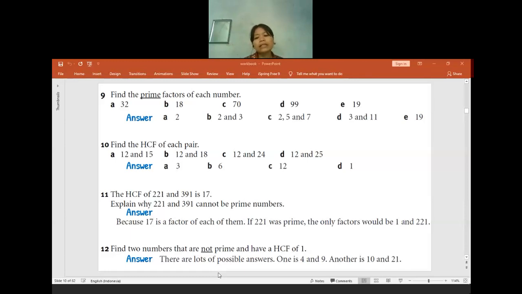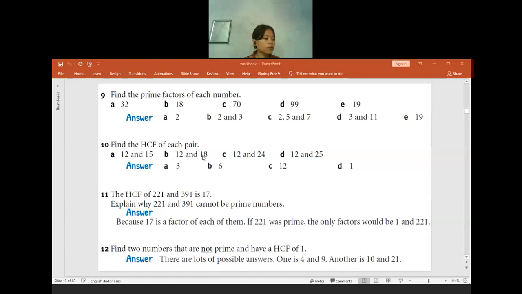If you have a different answer and you want to check if it is correct or not, you can tell me. But if you already submitted your homework before, I already left a private comment on your answer, so if there is a mistake there, I will let you know. For those who haven't submitted the homework, if you have a different answer and want to clarify it, you can use the chat box or unmute yourself.